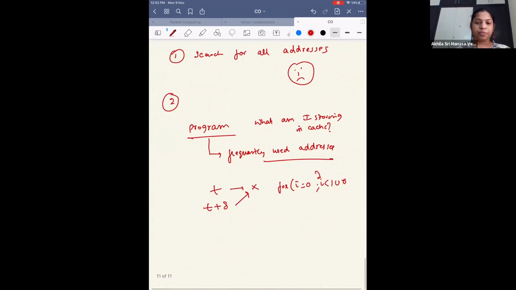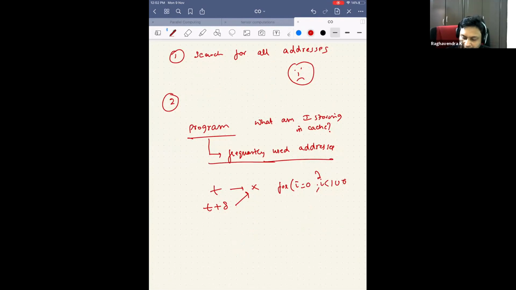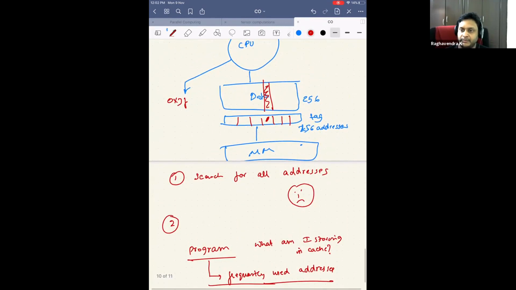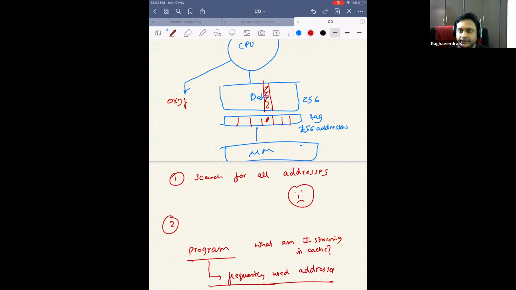Right? So I am storing frequently used addresses because I know that if address X is accessed at time t, then there's a very high chance that at t plus delta I will be accessing the same address X. So what does it translate into in hardware? I don't have to go to the main memory, because I know that it will be a hit in the cache itself. My access time is maybe 1 cycle here, and maybe 100 cycles there. So I am reducing the amount of time it takes to supply the data back to the CPU, which means that my programs run faster.